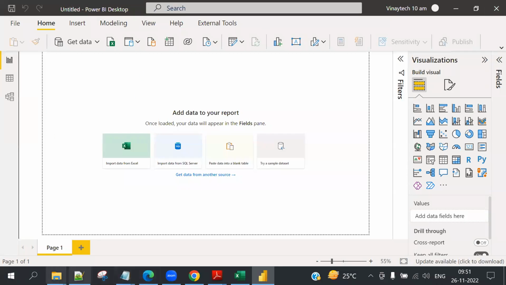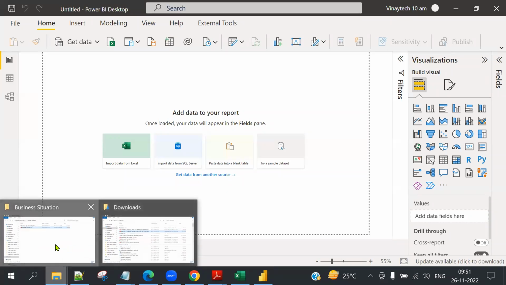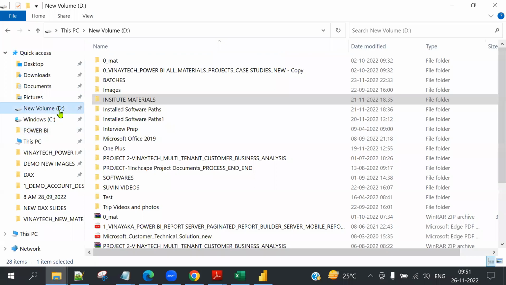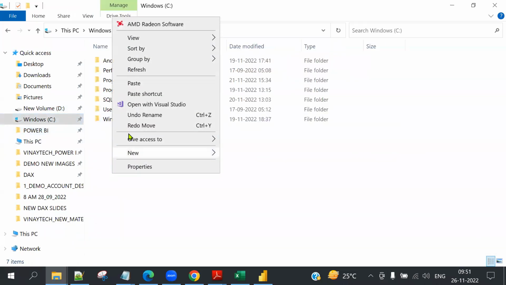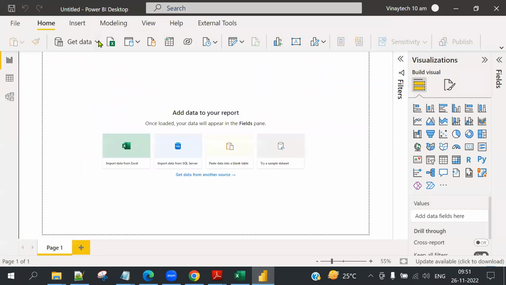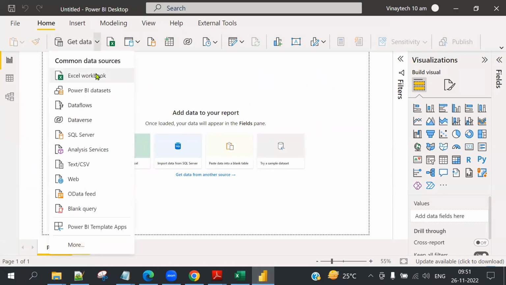Get data. First, for my ease of operations, I will copy it into the C drive. Whether this is a D drive or C drive, you are all aware, don't make the path very lengthy. Microsoft supports a maximum of 255 path characters; more than that it cannot support. So this is a funding case study. Click on it. Get data.